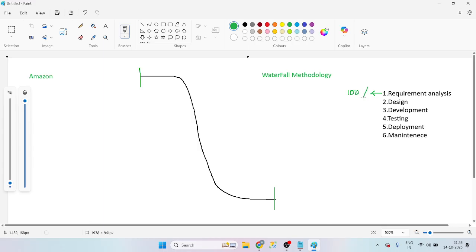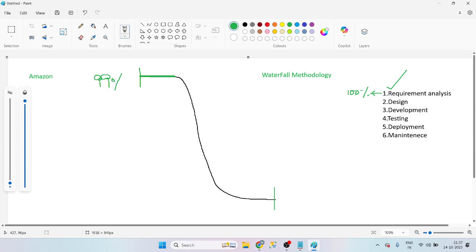Okay. If we have 100 percent of the requirements only, we can start the project. Manoj, you said only the first phase. Yes, I said only the first phase. If we have 100% of the requirements of the first phase, then only we can start the project. What if we have 99 percent? No, we are not starting the project.